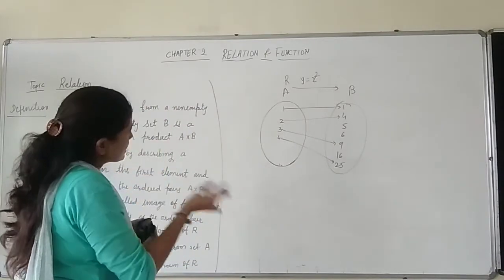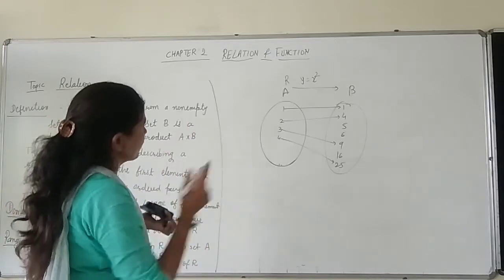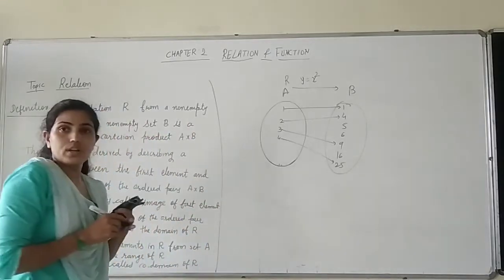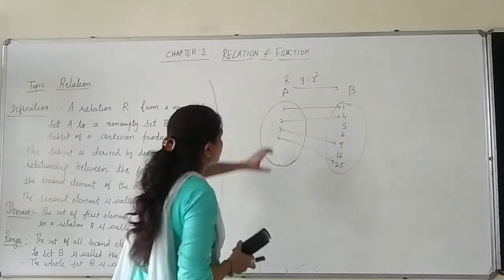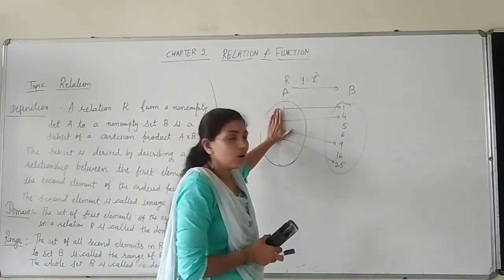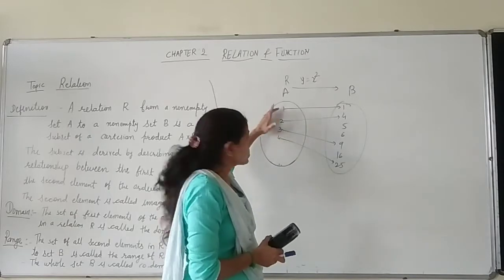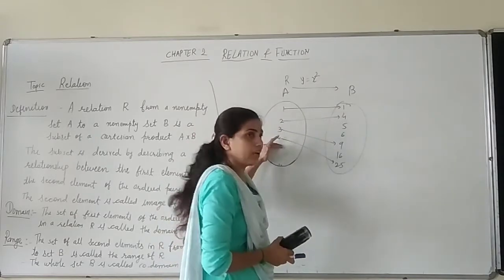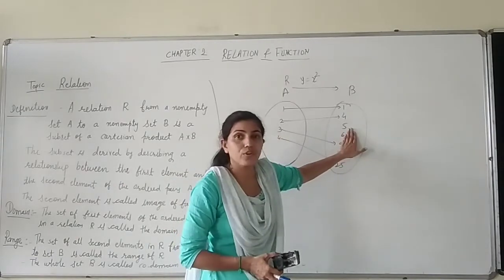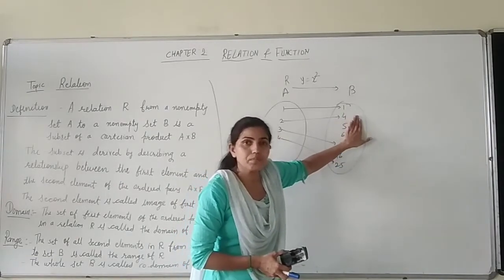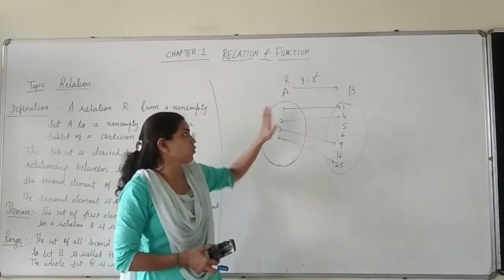So this is 4 is assigned to 25. Okay, like this. So now here, next word we are going to discuss, what will we call this? This all set, this all element 1, 2, 3, 4, it is called the pre-image of the element from B. So for the elements of B, what will be the pre-image?